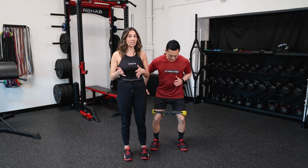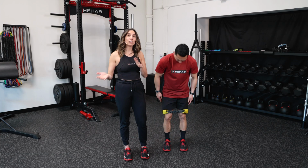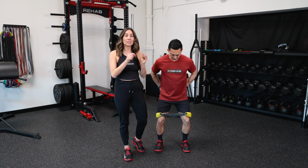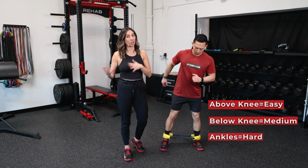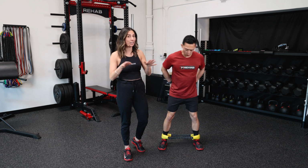The great thing is it has that effect no matter where it is along your leg. The only difference about having it above your knee, below your knee, or at your ankle is that it's going to change the challenge of the exercise. What I mean by that is the closer the band is to your hip, the bigger advantage your hips have to work against the band. The further away it is, meaning all the way down to your ankle, now your band has the advantage because it has a longer lever arm. So that means your hips are going to have to work a lot harder to counter that internal rotation and adduction